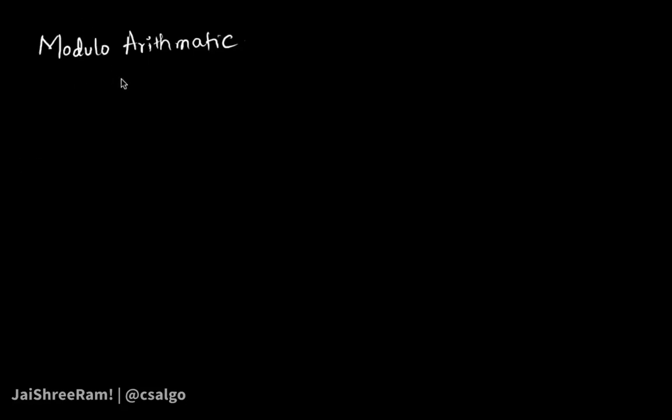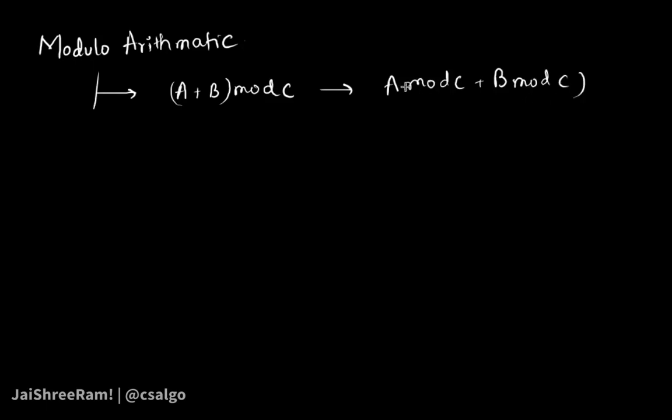So with respect to modular arithmetic, we have defined how we do addition of two numbers. When you have two numbers to be added modulo c, we first take the remainders, then add the remainders, and then again take the remainder mod c. So we discussed that we would find a mod c plus b mod c individually and then take a modulo, right?